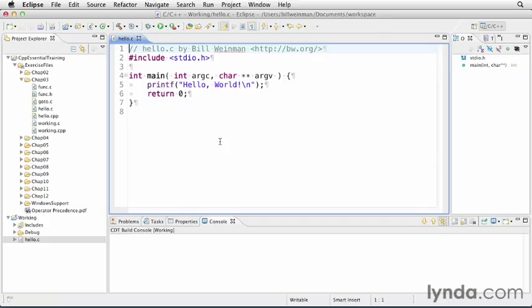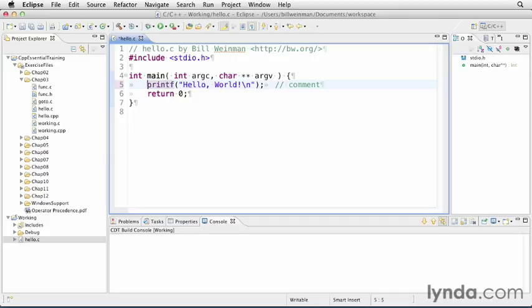It's actually not the smallest, most minimal possible legal correct C program, but it is the smallest practical example of a correct C program. Let's take a look at all the different components. In the first line here, we have a comment, and you'll notice that this comment is introduced by the double slash. This is actually a syntax that was borrowed from C++ and was added to the C standard with C99. But it's commonly used, and it has the advantage that if you come out to the end of a line and you want to put just a comment to the end of the line, you can do it that way,